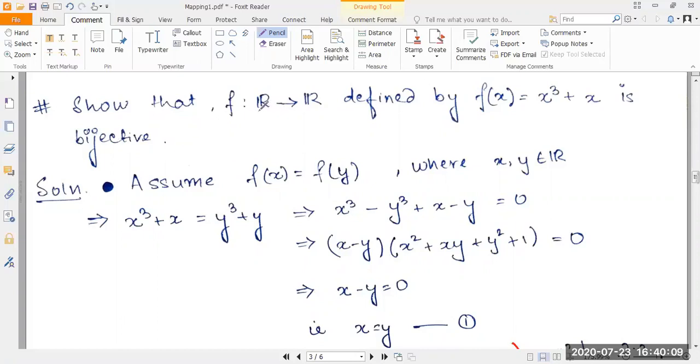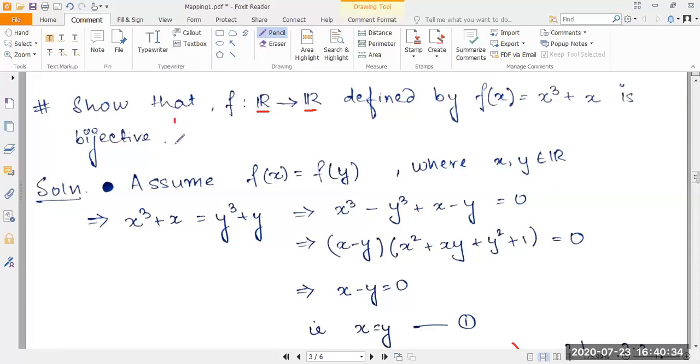So let's first explain that R is the set of real numbers. If mapping R to R means f maps the set of real numbers to the set of real numbers. So we consider x to be a real number and we consider f(x), which is equal to x cube plus x, to also be a real number. So that is how the function f works. We need to show that this f(x) is essentially bijective.